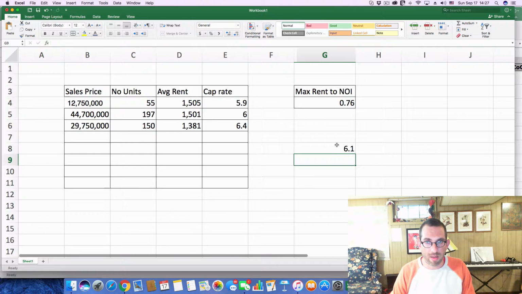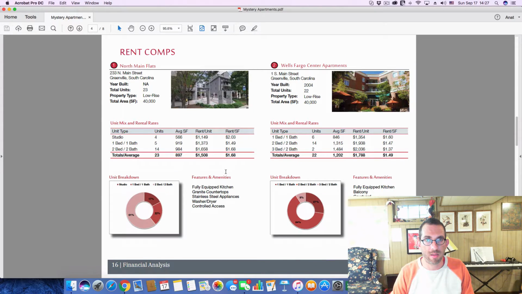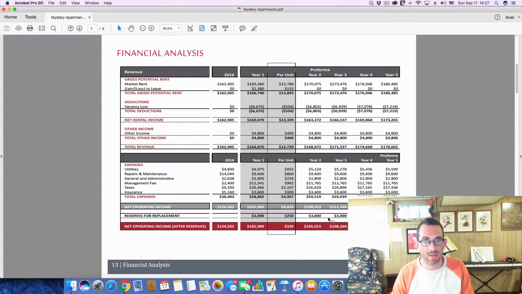If we know that the cap rate's 6.1, that means that if we know the NOI of this place for 2016, which was 124,502, and you apply the cap rate to that. What I've done is taken 100 and divided it by 6.1, and I get 16.4. So I'm multiplying that by the NOI,